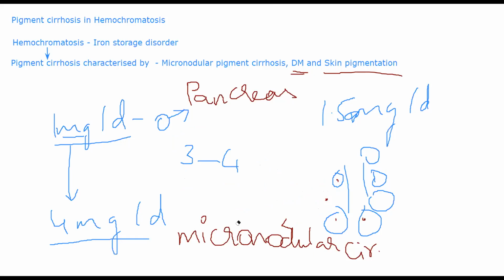All right. So coming to Wilson's disease. Wilson's disease is another cause of cirrhosis. As we are discussing cirrhosis, it can occur through several reasons. Now, in pigment cirrhosis, which is occurring because of hemochromatosis, we primarily saw that iron is getting accumulated, right? In Wilson's disease, copper gets accumulated.